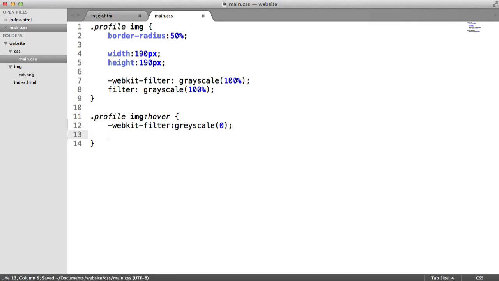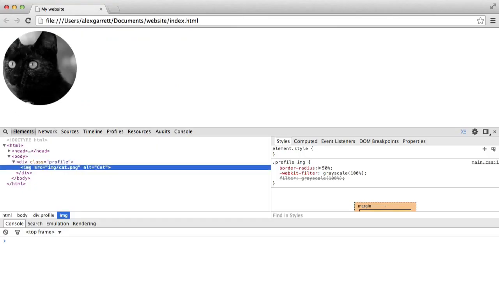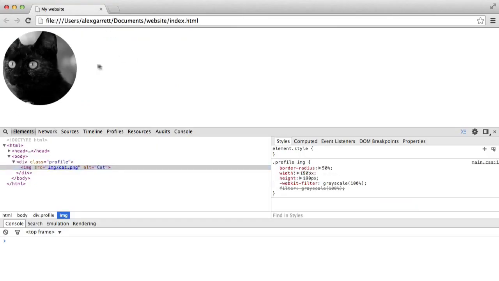So it's really just a waste of adding an extra character or an extra couple of characters. So we're setting on hover the filter back to 0. We're defining exactly the same property, exactly the same grayscale function. This is going to overwrite it when we hover. So let's do the normal filter here, just when this is supported, so grayscale 0. So let's check this out. So when I hover over it,